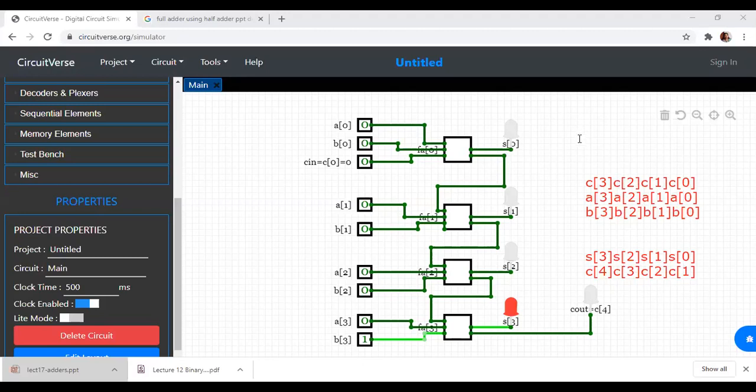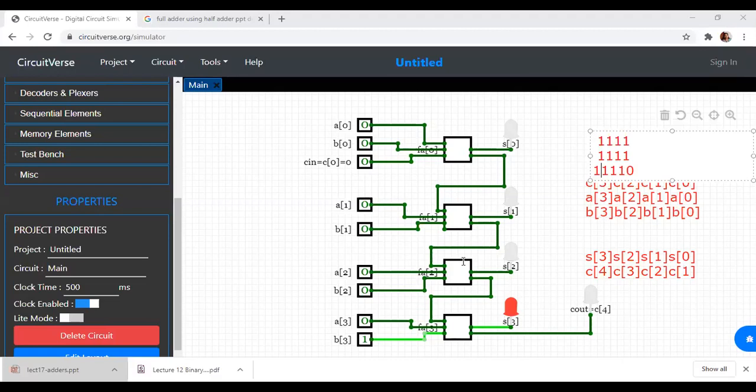This is similar to your decimal addition. So if I take the example 1111 plus 1111, what is the solution? What I will get? The solution what I will get is 111 and 0. So 1 plus 1 is 1 0. 0 will be over here. 1 is carry. 1 plus 1 plus 1 is 1 1. 1 1 carry. So in this way, this is the solution what I've got for this ripple carry adder, 4-bit ripple carry adder or parallel adder.